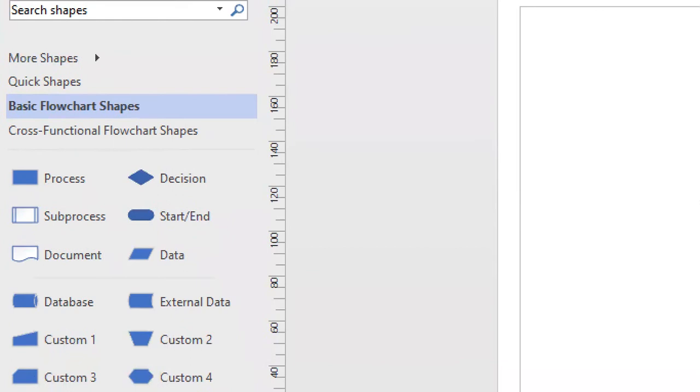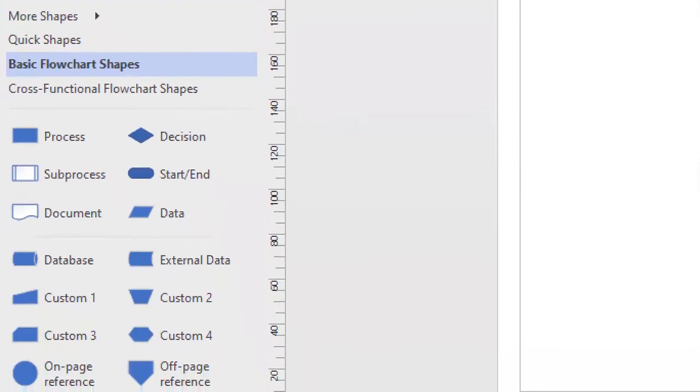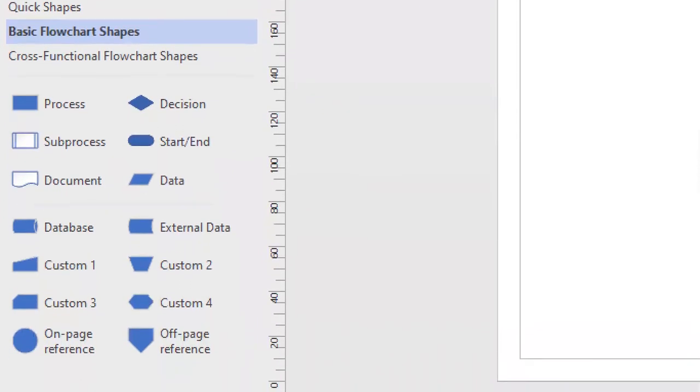These are shapes for process, decision, sub-process, start or end, document, data, database, external data, custom 1, custom 2, custom 3, custom 4, on-page reference, and off-page reference.